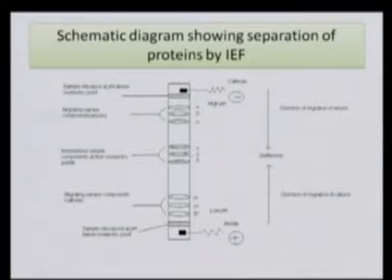Here in this image you can see a representation of how to perform isoelectric focusing. If you see this image, the middle one is the IEF strip, and on the top side you can see a cathode, and at the bottom the anode. That means we are going to connect this strip in this direction, one side towards the cathode, the other side towards the anode. Moreover, on the right side we have mentioned high pH at the top and low pH at the bottom. That means the pH on this strip ranges from high to low. Low pH is towards the anode, whereas high pH is towards the cathode.